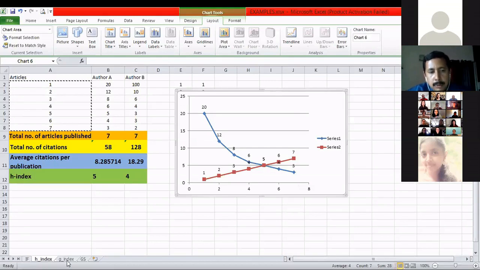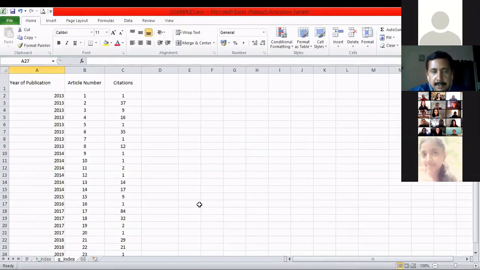Let's move on to G index. G index is another measure of productivity. So H index is the measure of productivity as well as impact, number of publications, and the number of citations.